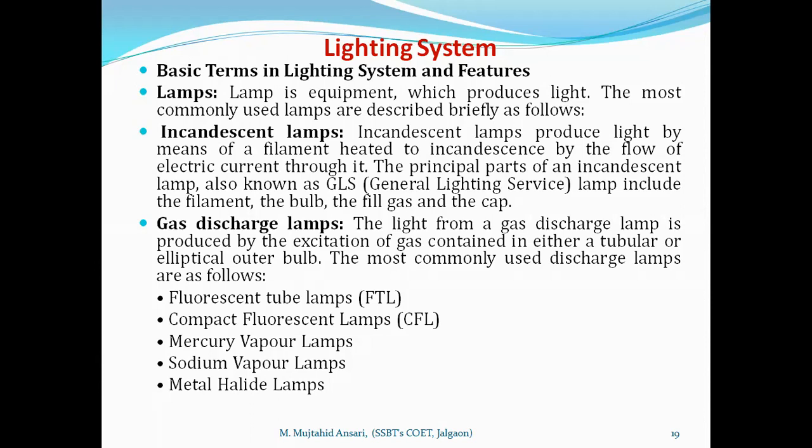Second is the gas discharge lamp. In the gas discharge lamp, there are many types, isn't it? So there are fluorescent lamps, which we generally call a tube light. Second is the compact fluorescent lamp. Here the technology is the same. Inside the vacuum, inside the glass tube, we are using a fluorescent material, and that fluorescent material will emit the light energy when the electrode is energized and discharge occurs. Okay, so here the technology is the same, only the size is compact, and therefore it becomes a compact fluorescent lamp.